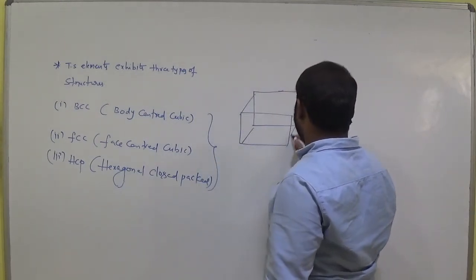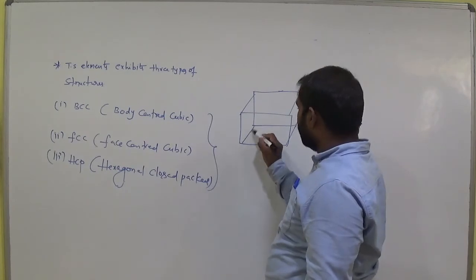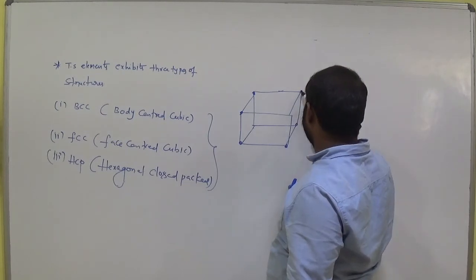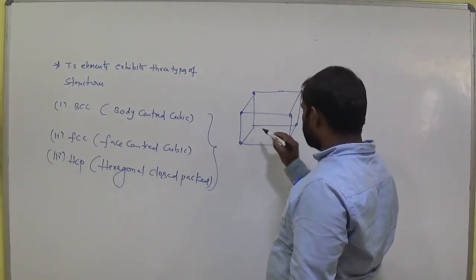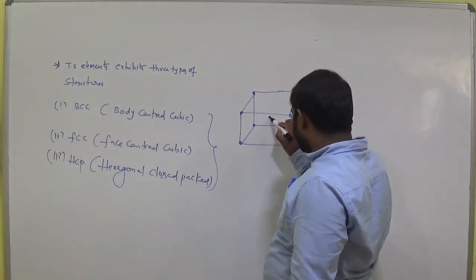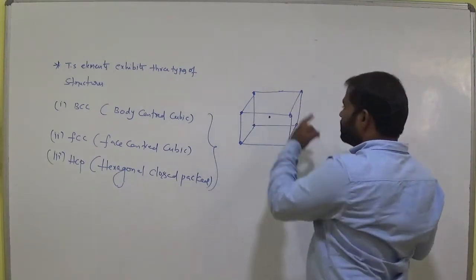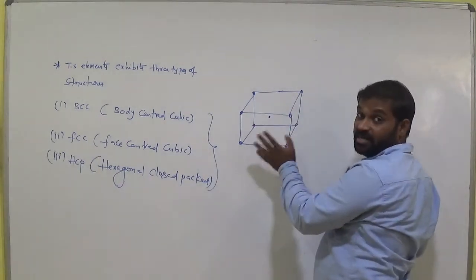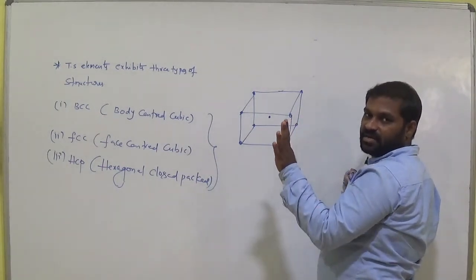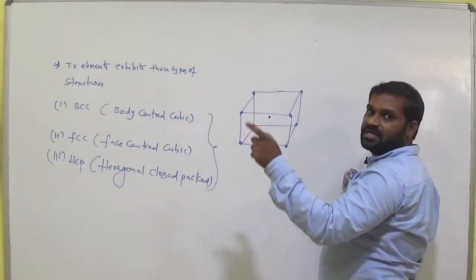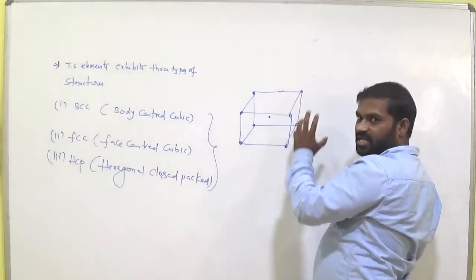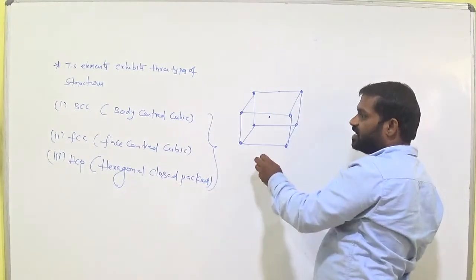suppose this is the cubic shape, am I right? Body centered means this is one particle or one atom of an element. Okay, these are the corners, 8 corners with 8 particles. Body centered means what is at the center of the body? This. So 8 corners consist of 8 particles, atoms of a transition element. Suppose mercury, if you consider, okay. So that mercury element consists of a number of mercury atoms. Now in the arrangement of that element, the mercury particles are arranged like this.